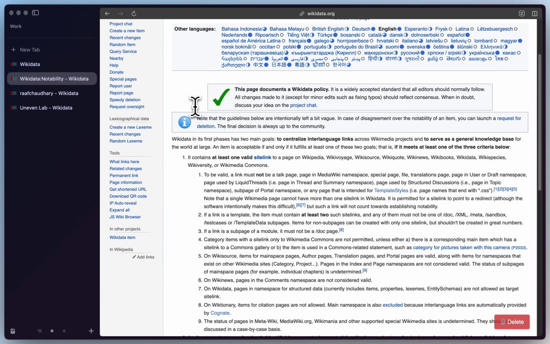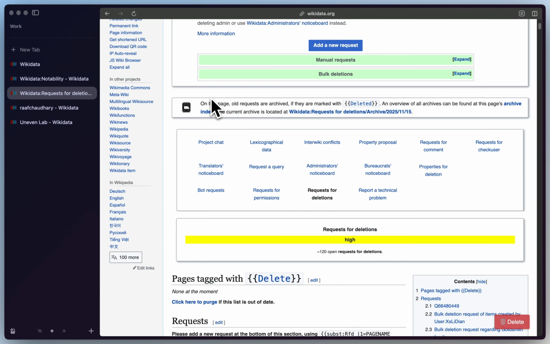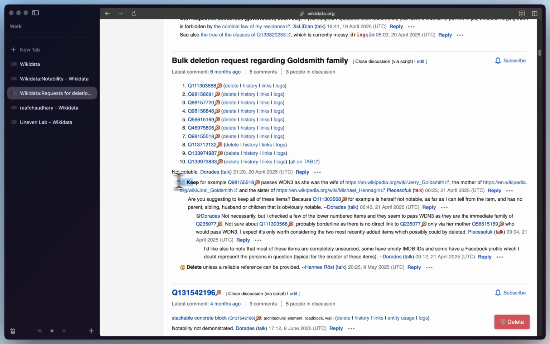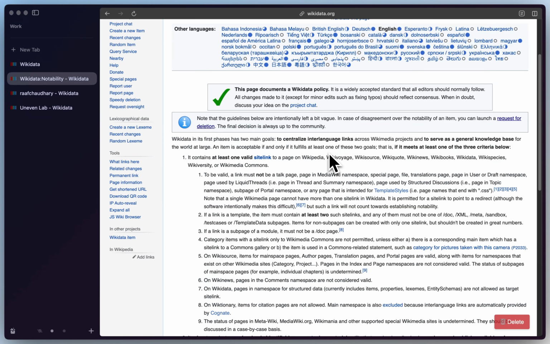Also note that the info below is intentionally left vague. In case there's disagreements, items get put on requests for deletions, where other community members can place votes. As you can see here, like keep and delete votes, and the community gets to decide what happens to the